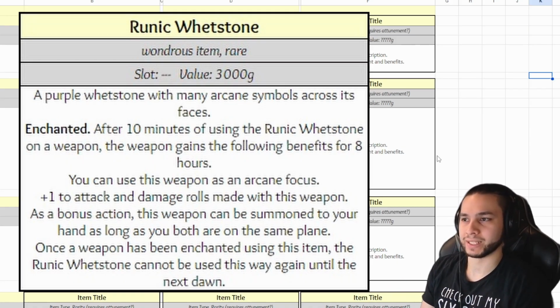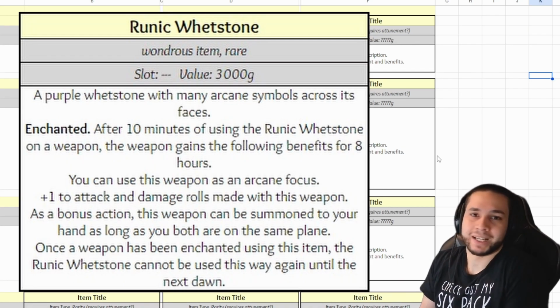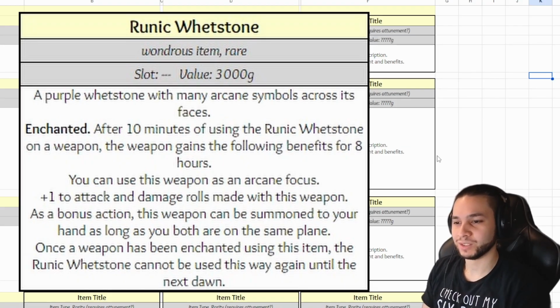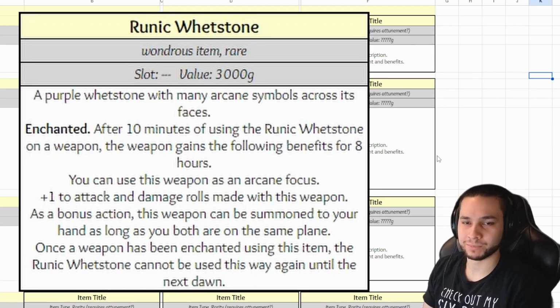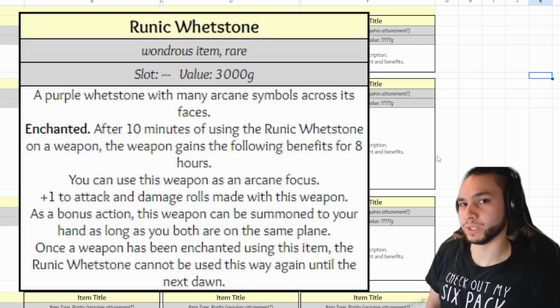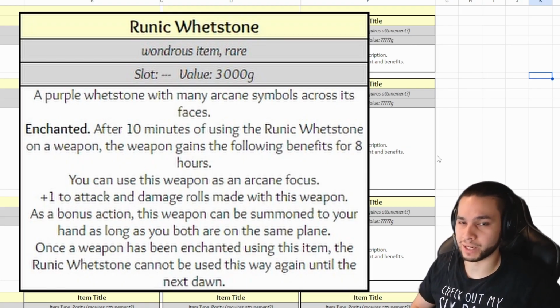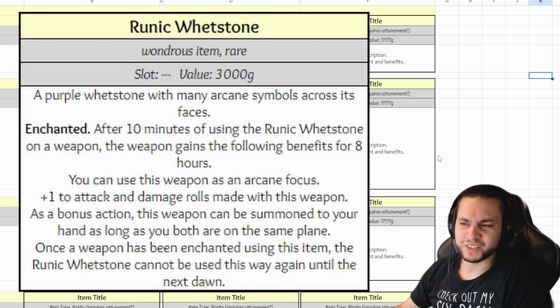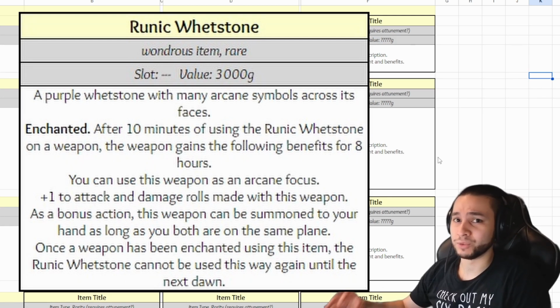Some people might think that too weak. I don't care. There are other weapons and items that are more powerful because that's what they were designed for. This item was not designed for that. So at 1500 gold, you are getting a weapon that you can use to cast spells,